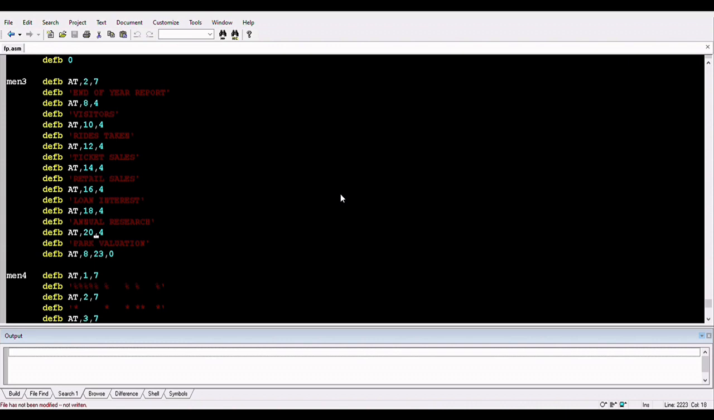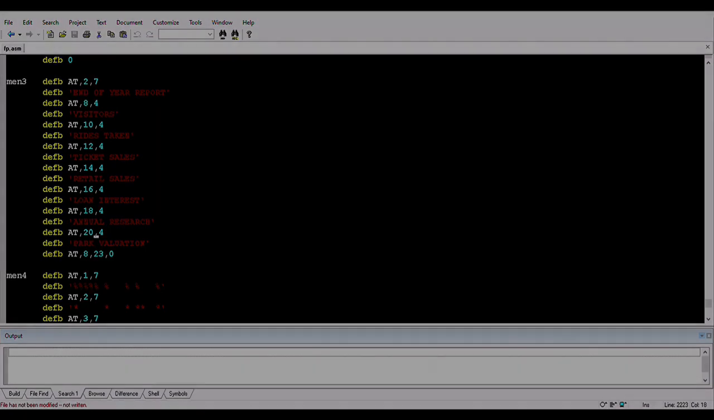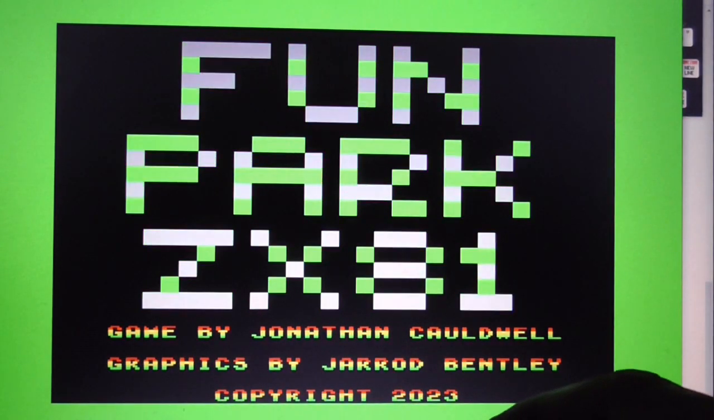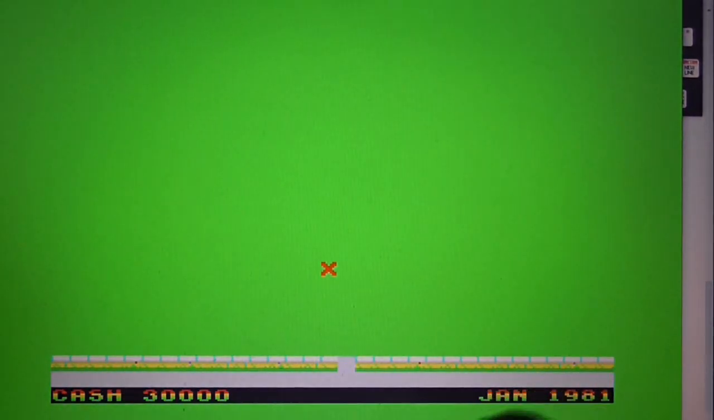Yep, so now we need to just build that and test that in the emulator. Okay, so we have the newly built binary in RAM, so it only remains for me to run the game. Okay, that's the title screen. Right, what we need to do here is